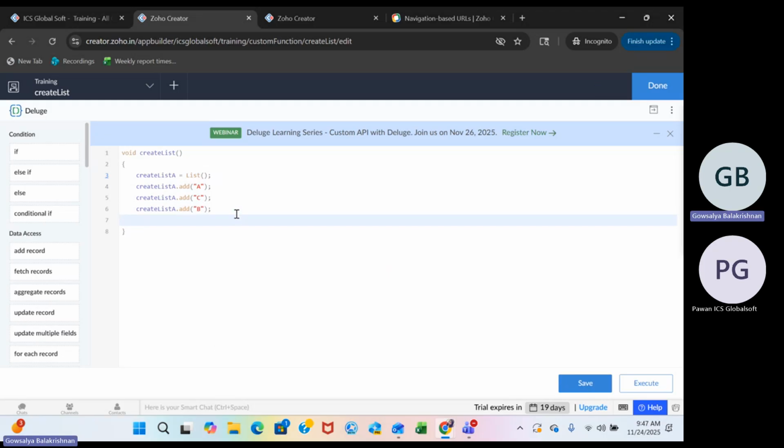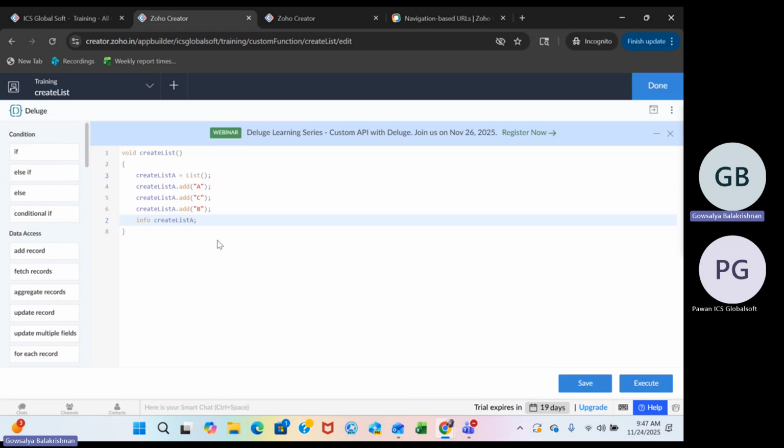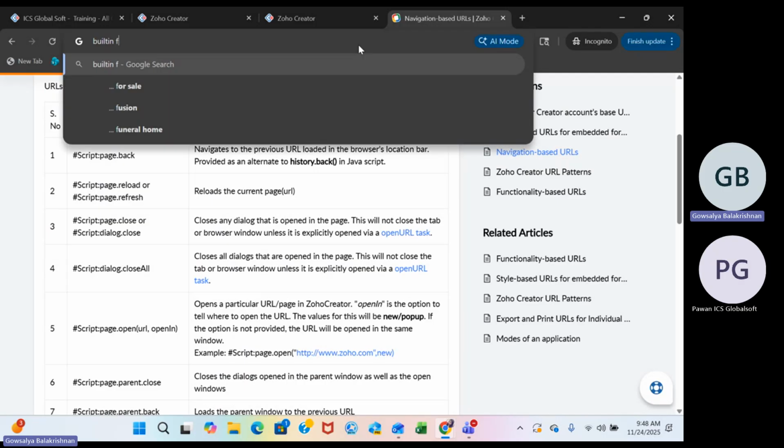So you can do, or if you say info, it means just an alert inside the function. Okay. So if you execute this, you are getting the list, right? If you go in, you can get all the built-in functions,